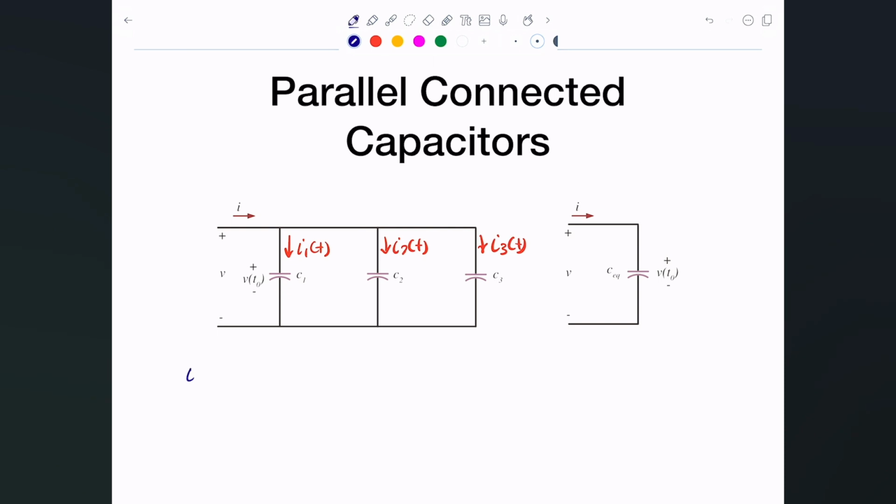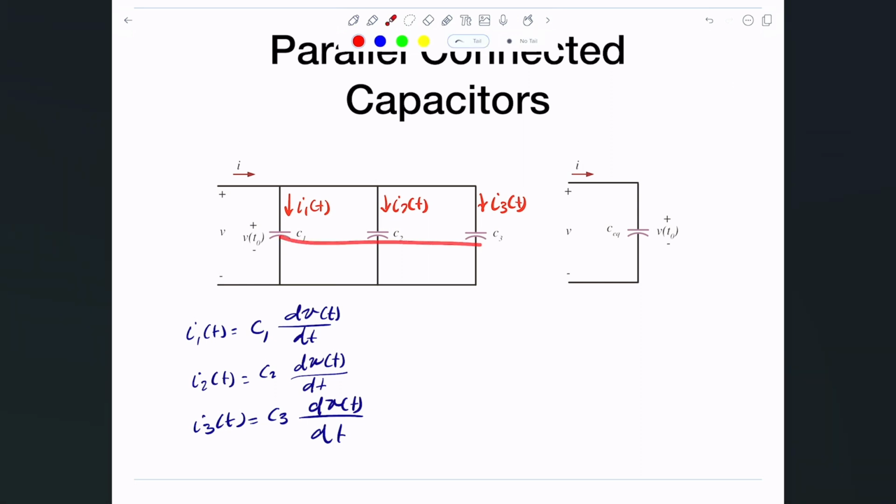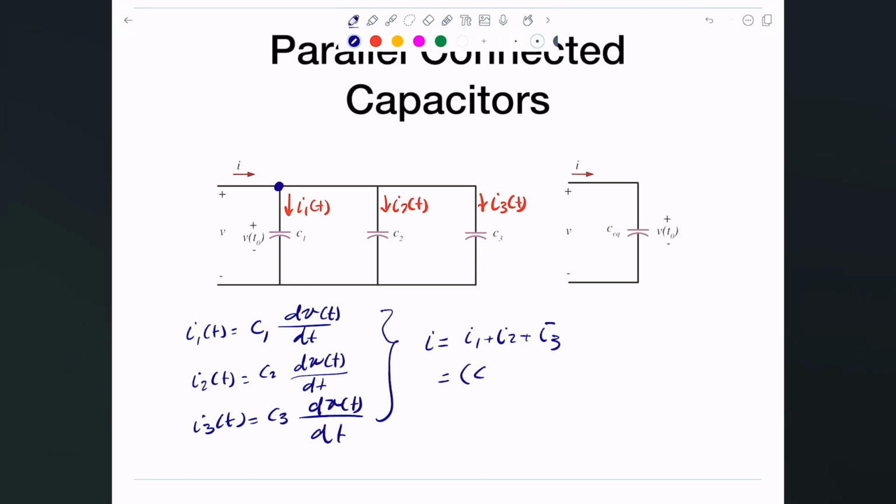So what we have is I1 of T is just simply C1 times dV of T divided by dT. All right, and I2 of T is just simply C2 dV of T divided by dT in here, and then I3 of T is just simply C3 dV of T divided by dT, and again, all of these dVs are the same because they're in parallel. All right, and of course if you write KCL in here, you'll end up with I is simply I1 plus I2 plus I3, and if you do the algebra, you'll end up with C1 plus C2 plus C3 times dV of T divided by dT,